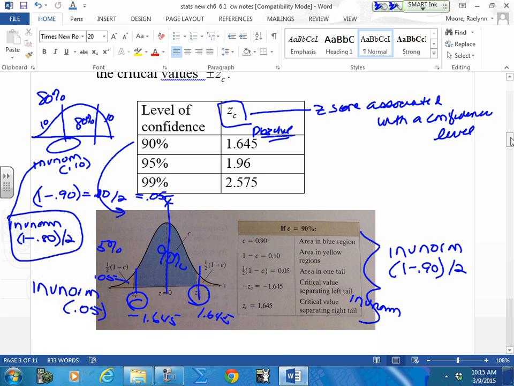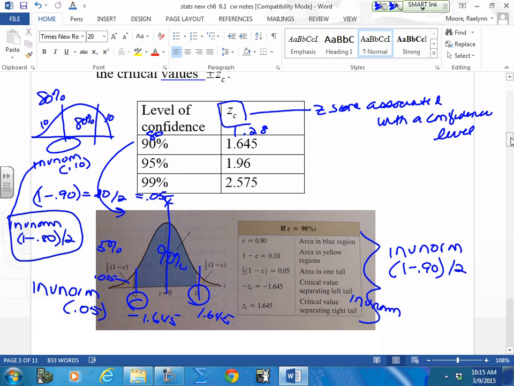What did your z-score come out to be? So what do we get when we do an 80? 1.2,